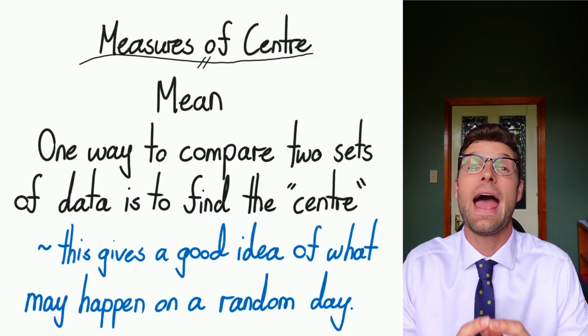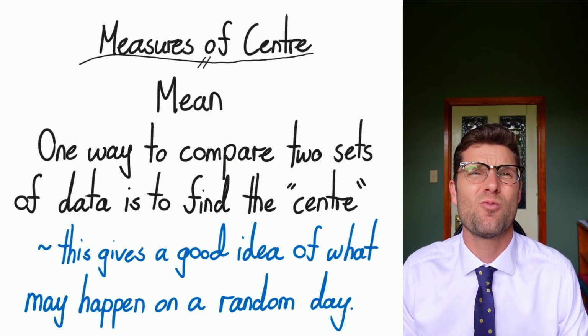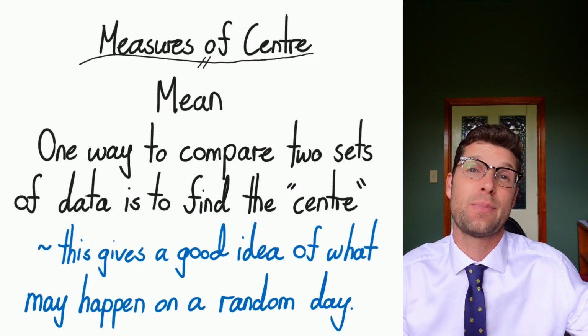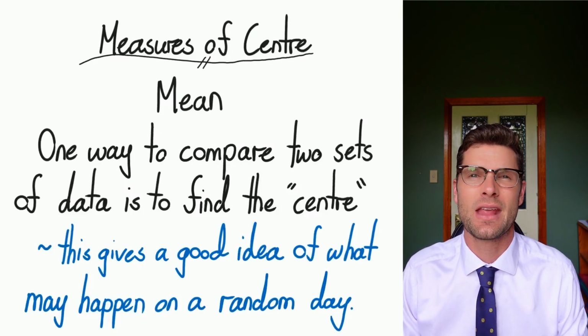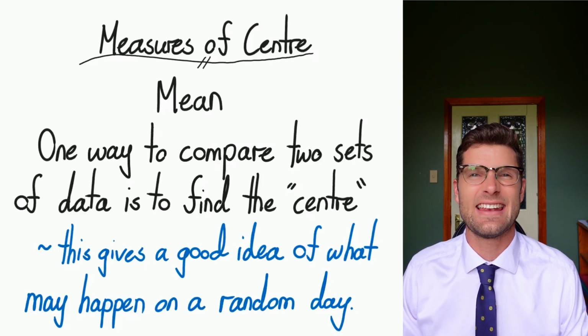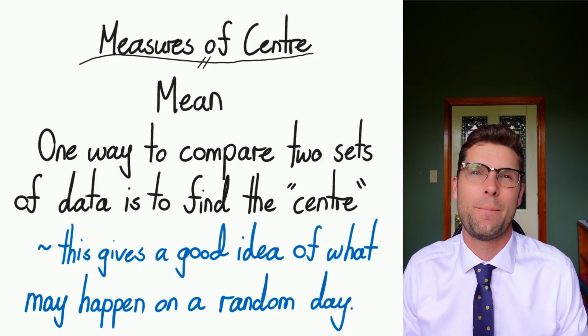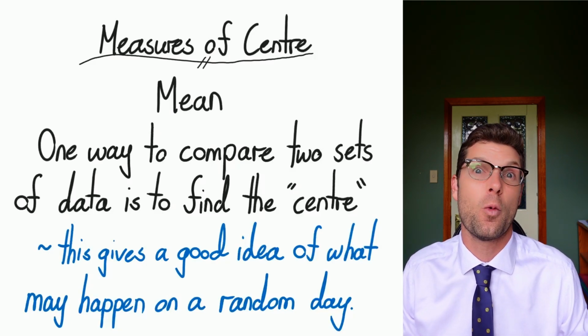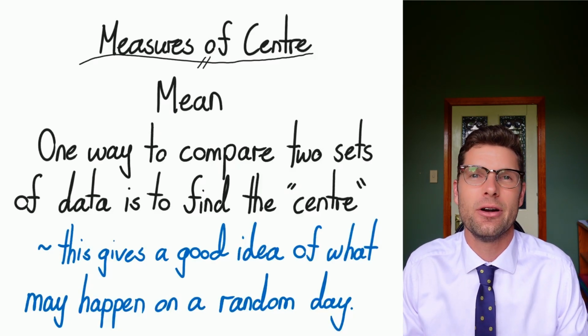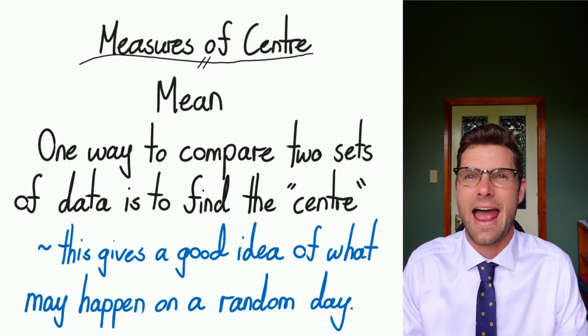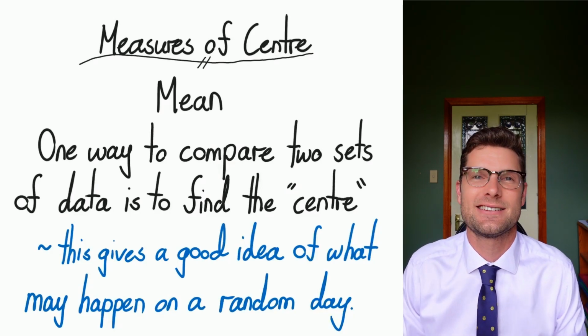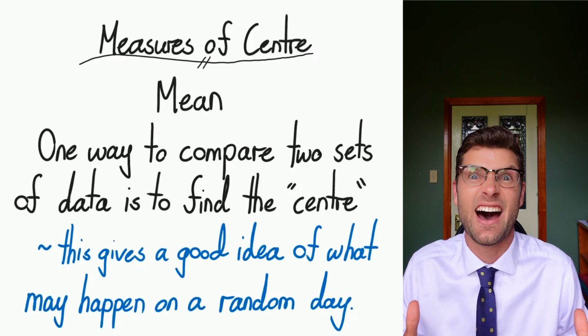So what we're looking at in these next three lessons is these things called measures of center. This is finding, in this entire data set, what's the middle? What would I expect to happen if I ran this again? The first one we're going to look at is the mean. You've probably heard it called average before, but mean is the mathematical term that we're using. I always remember it because if you said someone's average looking, that would be a mean thing to say. So average and mean are the exact same.